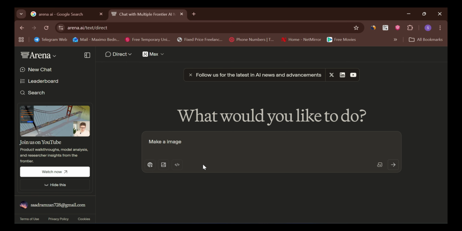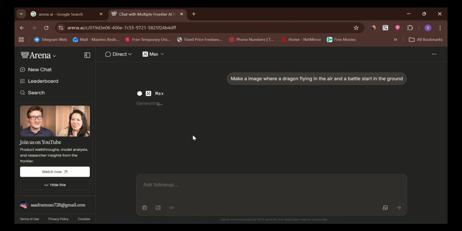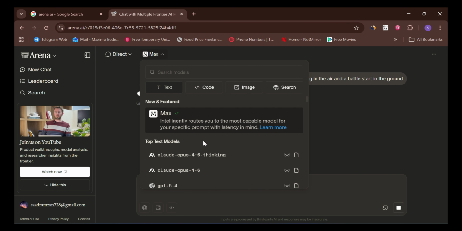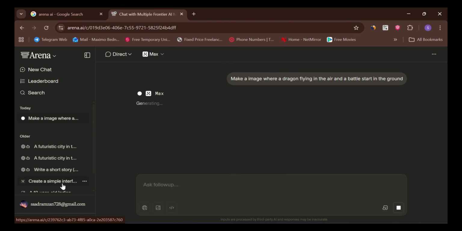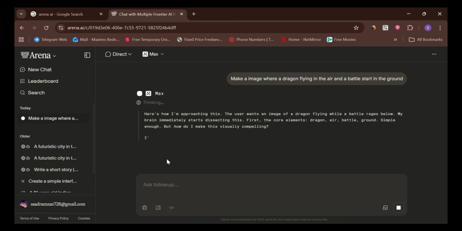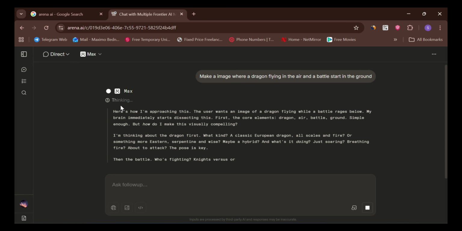Okay, first of all, I'm going to show you how you can get the prompt. This AI tool will give you a detailed prompt, and I suggest that if you are not using ChatGPT, you must use this AI tool for prompt generation, because this will give you an outstanding result. And here I can also show you the complete AI tools for text, for code, for image, for search, everything. Okay, you can see there are a lot of AI tools available on this website.